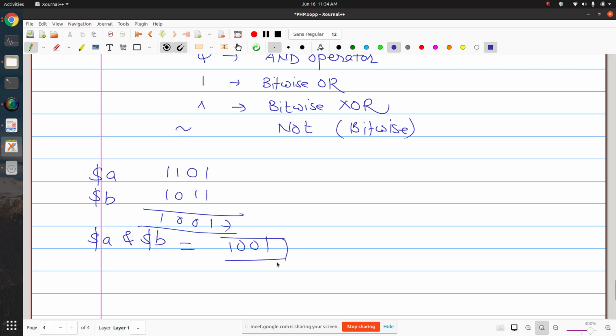Now suppose that generally you do not store the value in this way. Actually, what do you do? Generally you store integer values. Let's say what was the content of a? What is this number? Can you tell me? How much is this one? 11. How much is this? 9. So your contents were these, and the output is this.